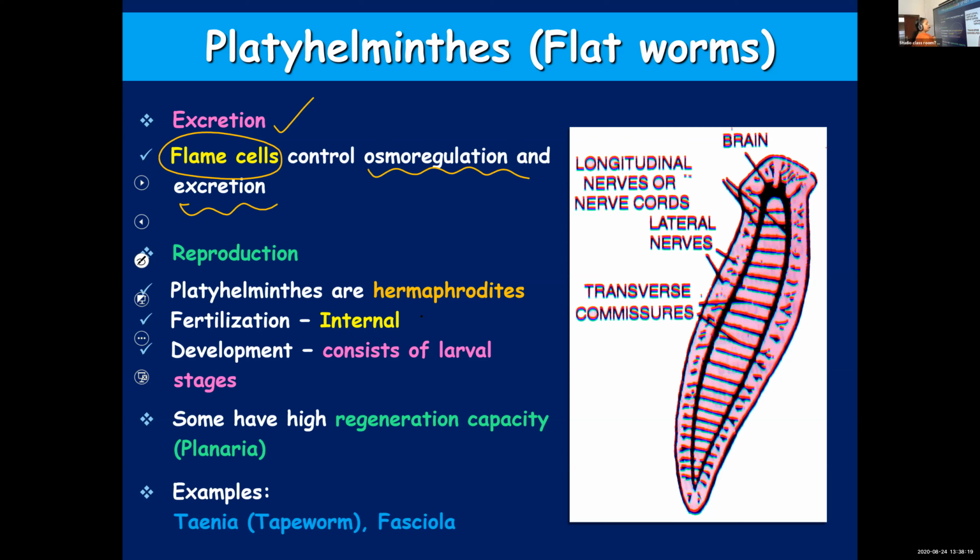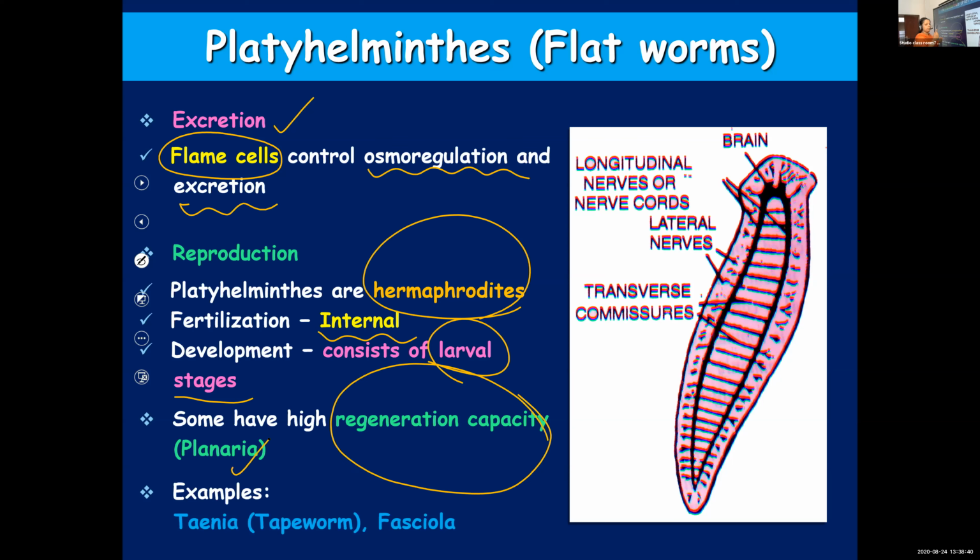These are hermaphrodites, which means both male and female sex organs are found in the same organism, and the development includes a larva. There is metamorphosis involved, or else you can say development is indirect. Some of the members have high regeneration capacity. A typical example is planaria or flatworm. Other examples are Taenia, Fasciola, and planaria also. These are some of the examples for